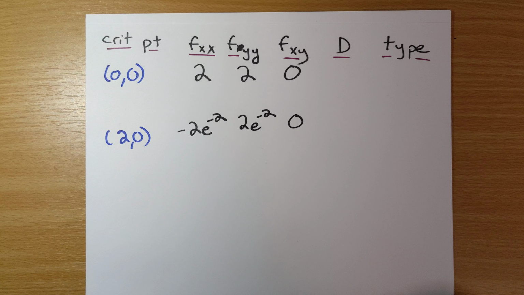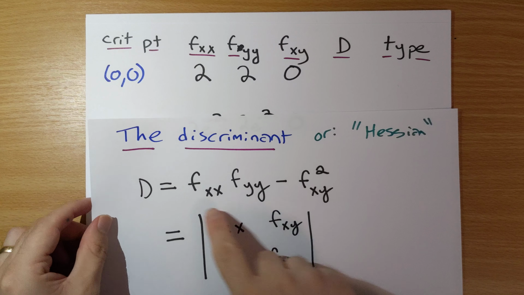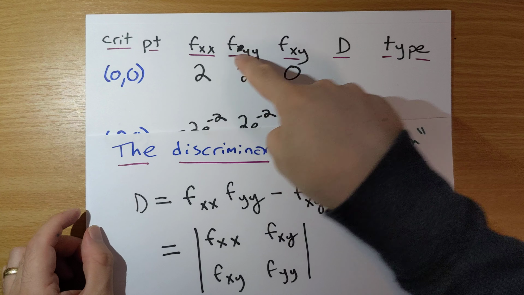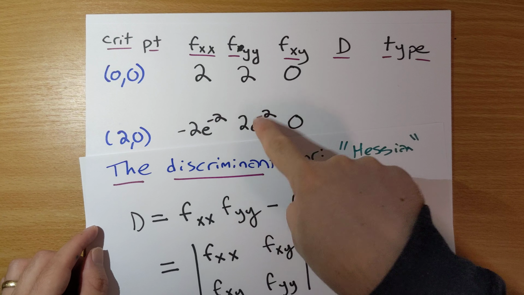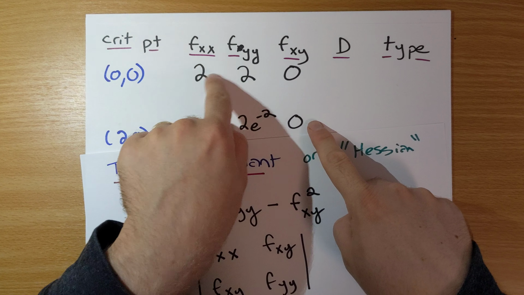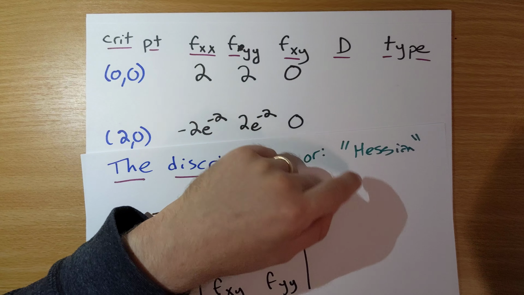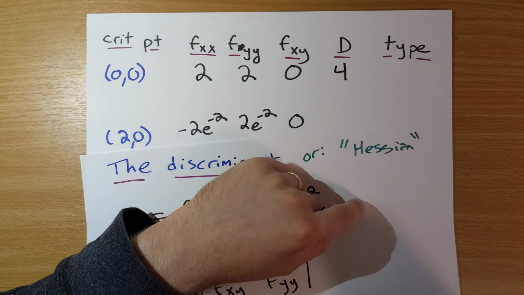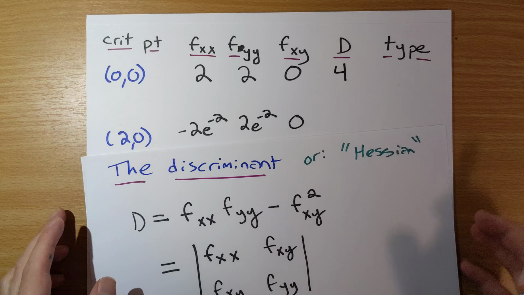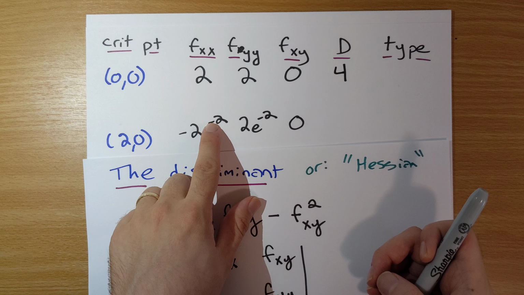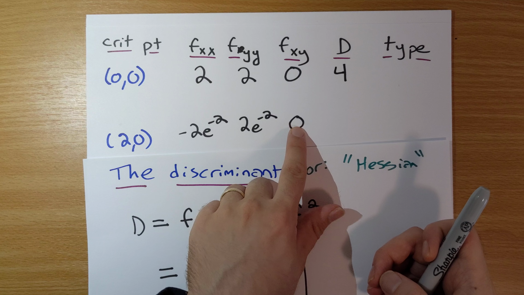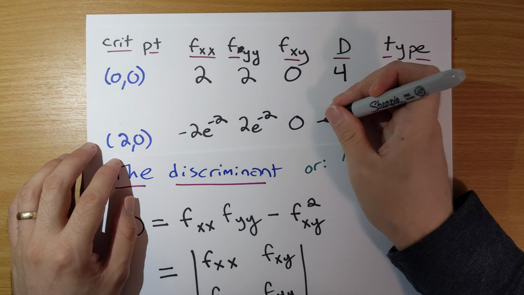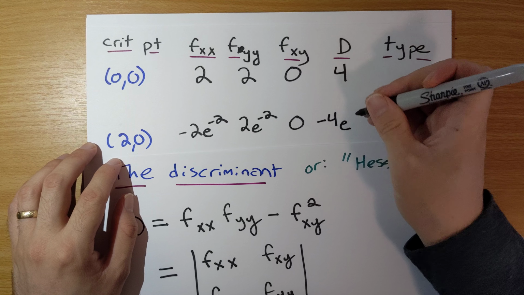Okay, so at this point, we've done the second order partial derivatives. Now we need the discriminant. So we do this times this minus this squared. This times this minus this squared. 2 times 2 minus 0 squared is 4. And negative 2e to the minus 2 times 2e to the minus 2 minus 0 squared is minus 4e to the